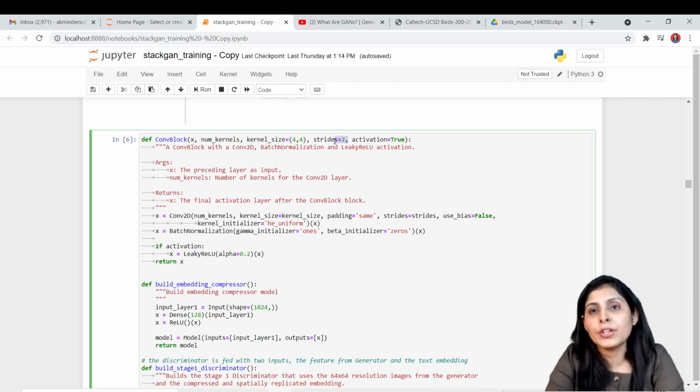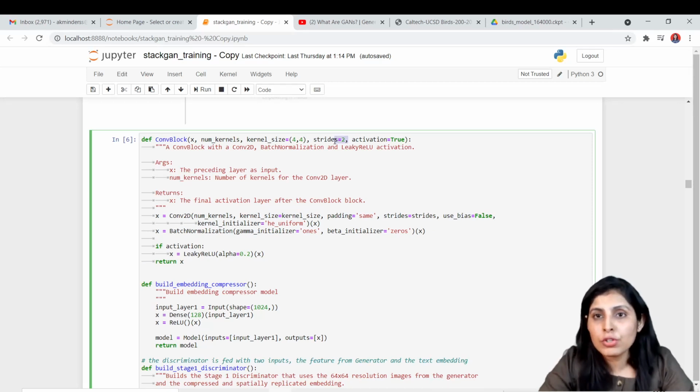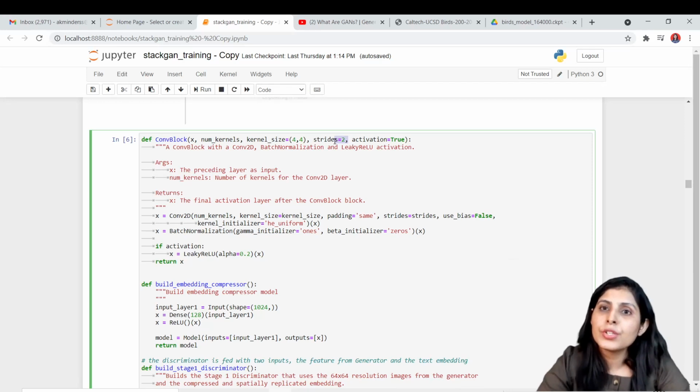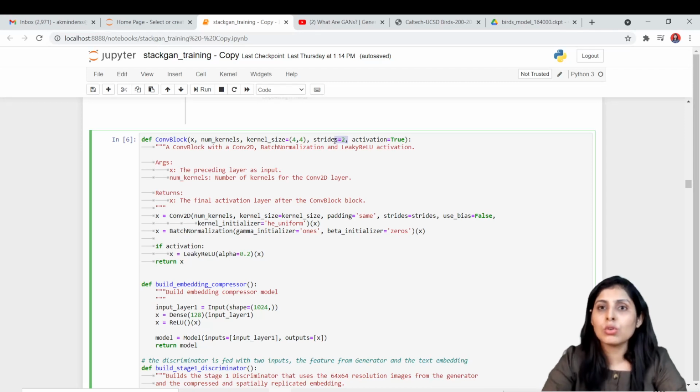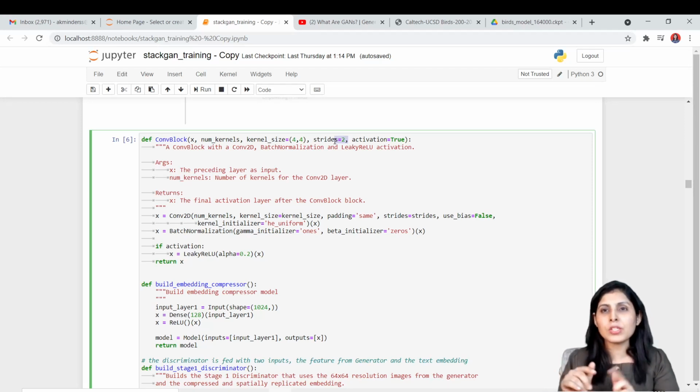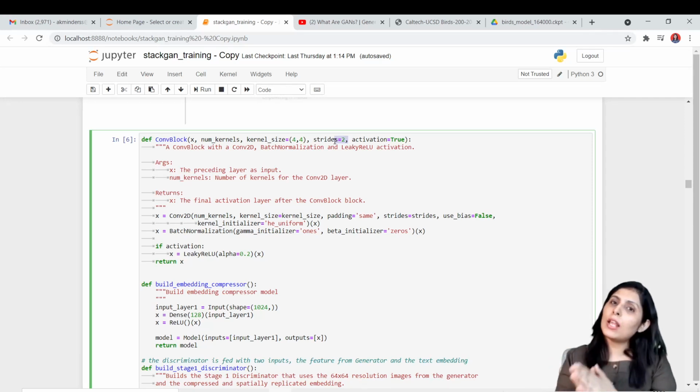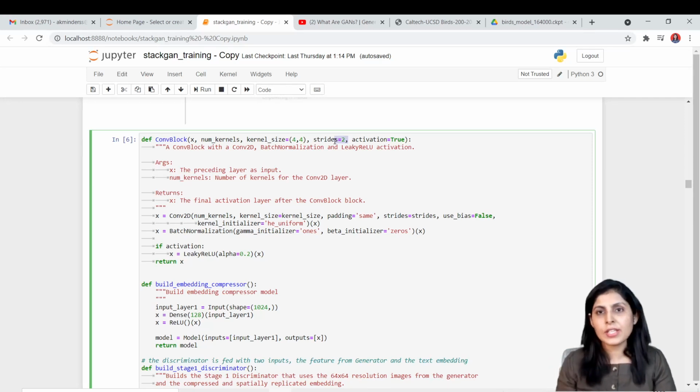When we use stride 2, so guys, in convolutional neural network, how we reduce the image size? We use pooling layer to reduce the size. And let's suppose if you are not using pooling layer, then how do you reduce the size? By stride 2, right? So if you apply the formula (n + 2p - f) / s, right, that formula. So if you are aware of that formula, then simply what I want to say is, with the help of stride 2 also you can decrease the size of your image.